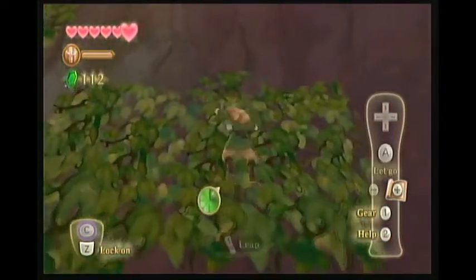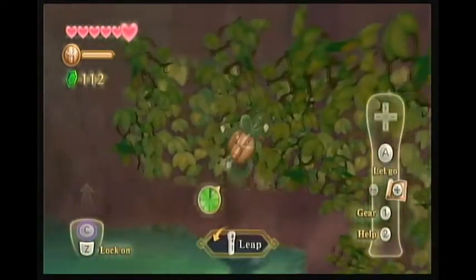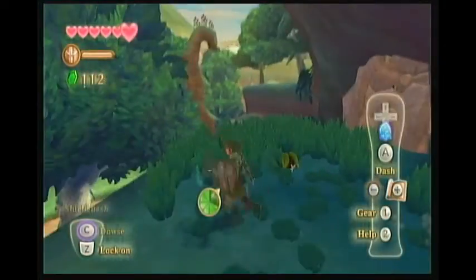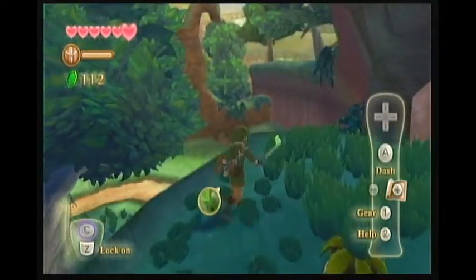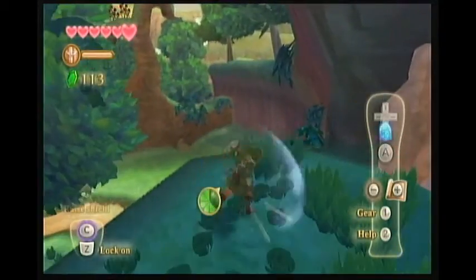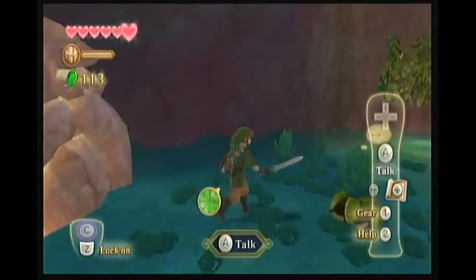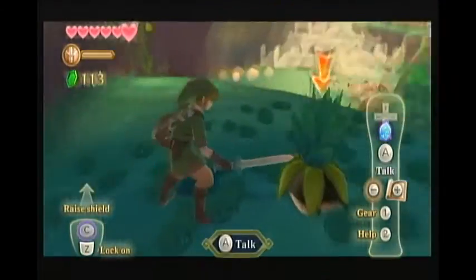If you find yourself lacking ideas, you can always push to review your activities. So what you can do here is you run towards the tree, you shake the nunchuck just the way you use a shield, and you would roll into it, knocking him down. Ouch, that was